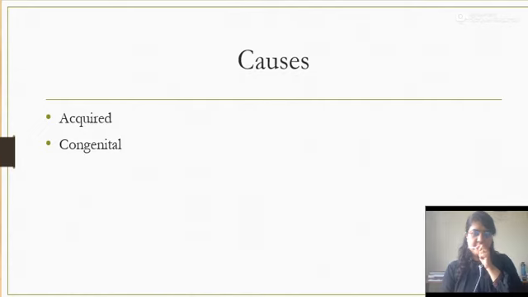Causes could be acquired or congenital. In congenital, there is a family history, meaning there are familial genes for this condition. In acquired, it is acquired because of bad footwear, improper strength of the lumbricals or the intrinsic muscles of the feet, and wearing high heels regularly over a long period of time. These all come under the acquired causes, and genetic problems come under the congenital causes.